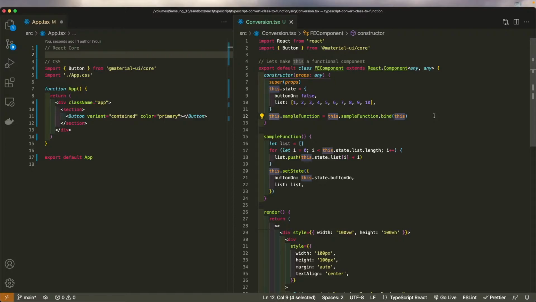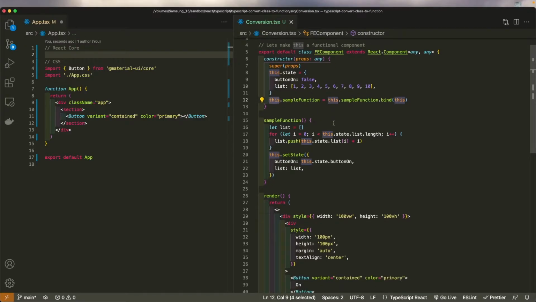It's still transpiled down to JavaScript. Then we have a default state with a button condition, with the button state being false by default. And then in the state we have an array called list, and then we have this sample function,